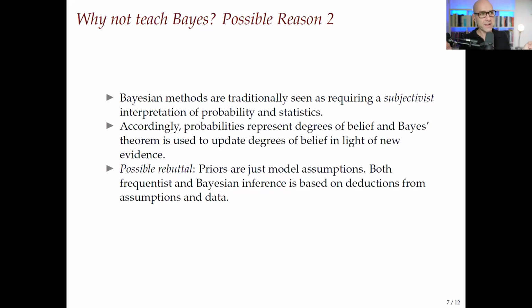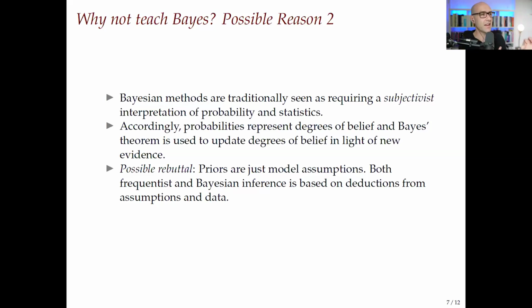Now, to put it very simply, and this gets into a very big debate indeed that has gone on for decades, in the philosophy of statistics, philosophy of science really, I would say, and others have said as well, that ultimately Bayesian methods are no more or no less subjective than frequentist methods. So priors are assumptions. They can and should be based on what we know or what we can reasonably justify. They can be tested, etc. They do not have to represent degrees of belief.